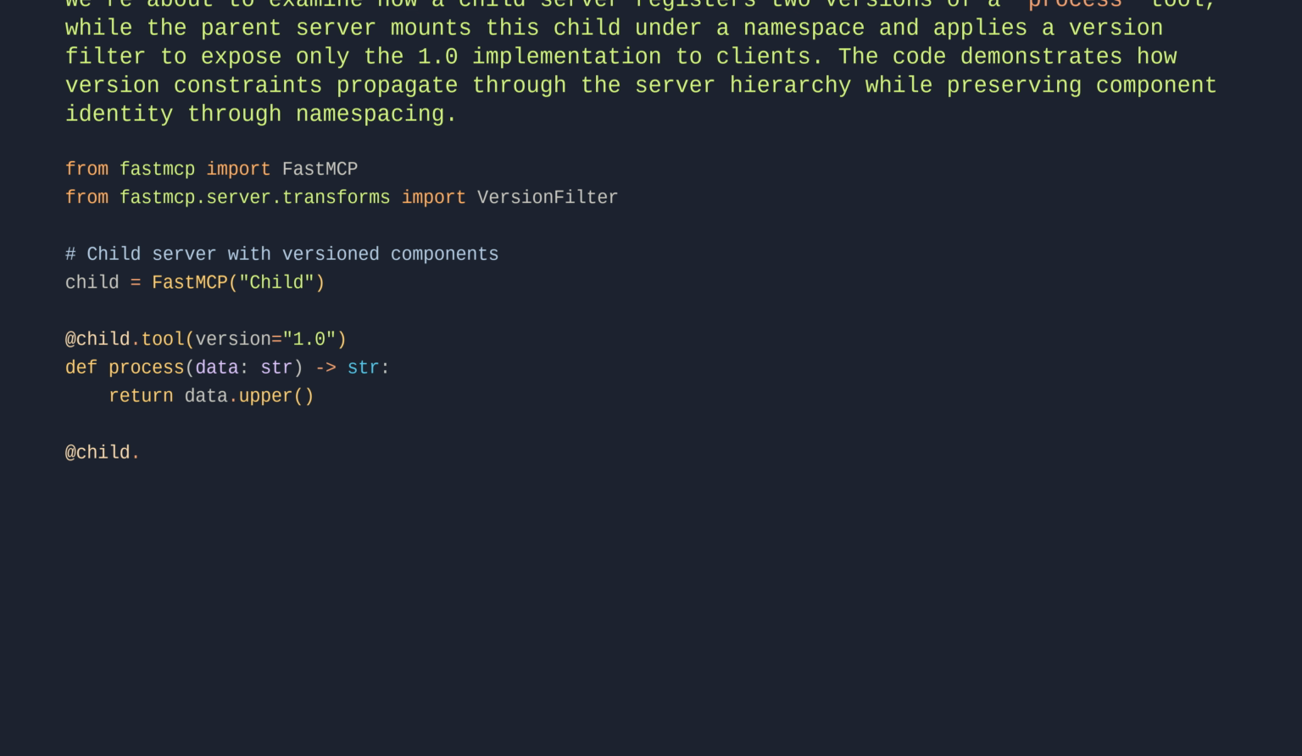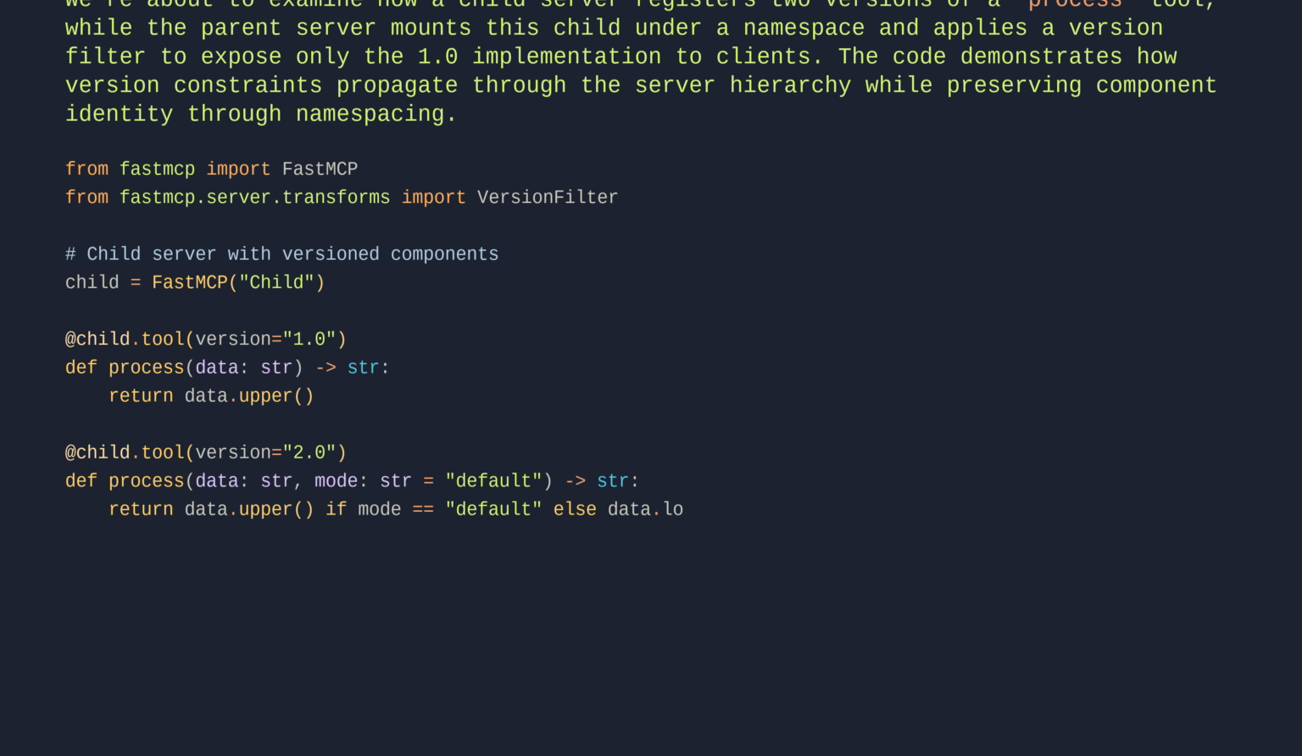@child.tool(version="2.0"). def process(data: str, mode: str = "default") -> str: return data.upper() if mode == "default" else data.lower()